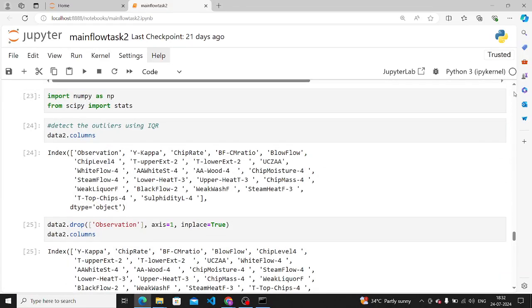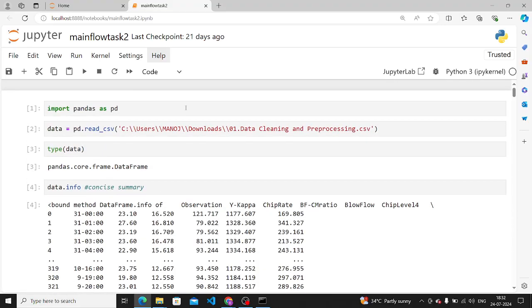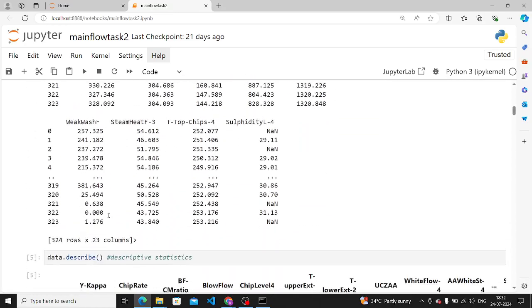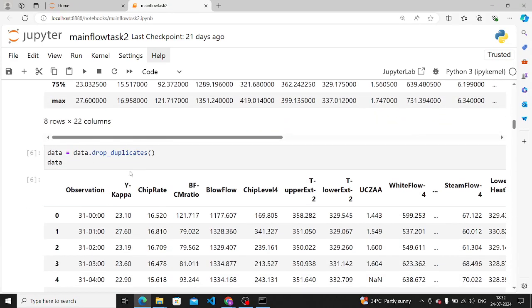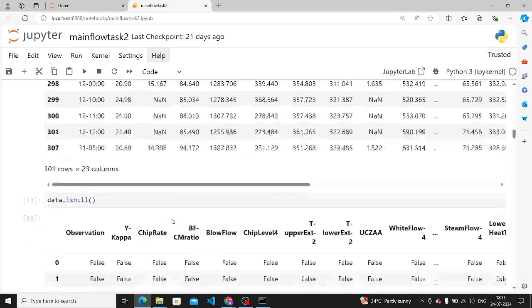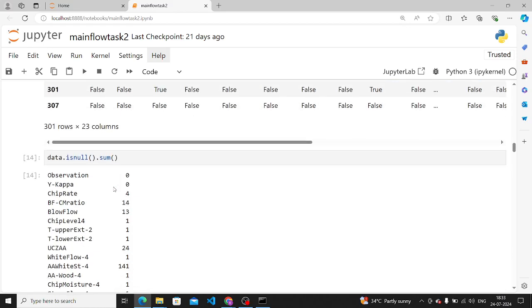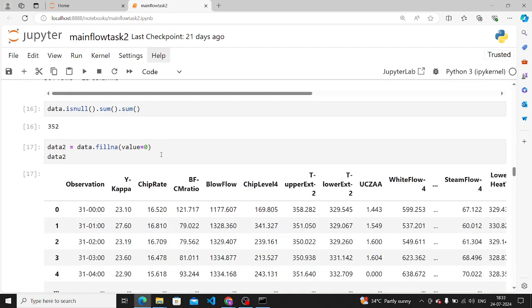What you have to do in this, first of all, I'll give you a brief once again. You have to first import the pandas library, then you have to load a CSV file into your Jupyter notebook, then you have to use some functions for analyzing the variables, the columns of your data set. Then you have to clean your data set. Your first step is to remove the duplicate rows by using this function, which is drop underscore duplicates. Then you have to check whether there are null values or not by using these functions. So if there are null values, then you have to handle them,